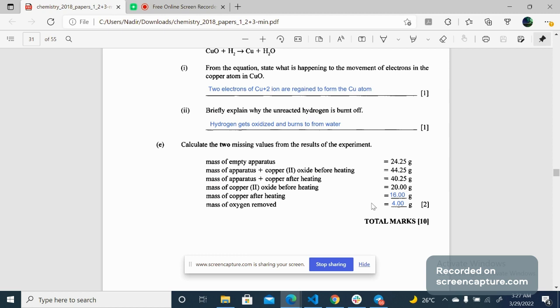Okay, and then the mass of oxygen removed. The system mass before heating was 44.25, and after it was 40.25, so we have to take the difference between these. This is a difference of only 4 grams. So it means that oxygen is removed when the process of heating is done. How much is the removal? This is the removal of 4 grams when the process of heating happens. It removes oxygen, and this is 4 grams. That's why this 44.25 decreased to 40.25 after heating. Okay,